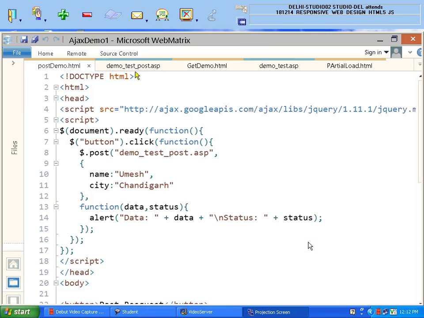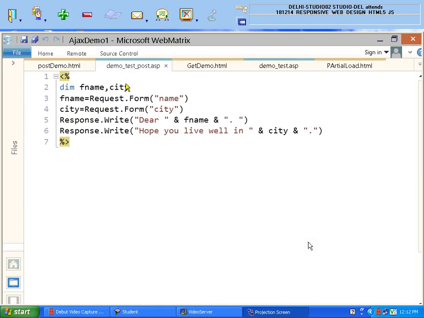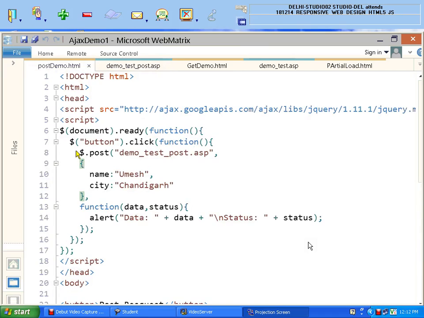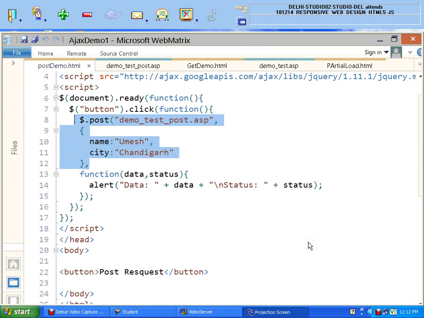Now, as I said, in demo_test_post.asp I will get the data from two variables, name and city. So here you can see inside this, when I post the data from my client machine to a server, I use a variable name, and what is the value? This. I use another variable name, city, and the value is what? This.